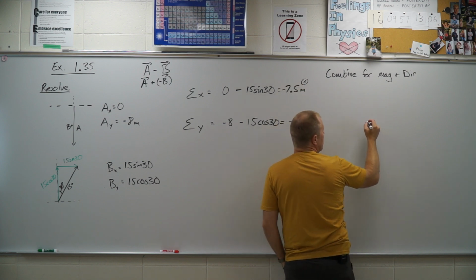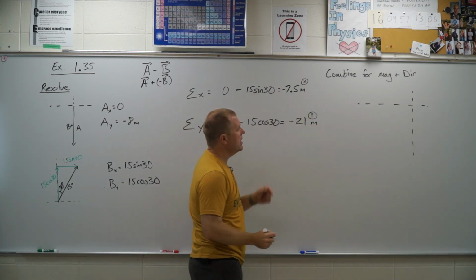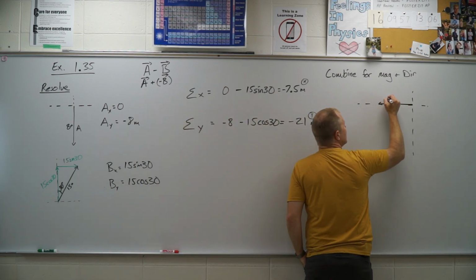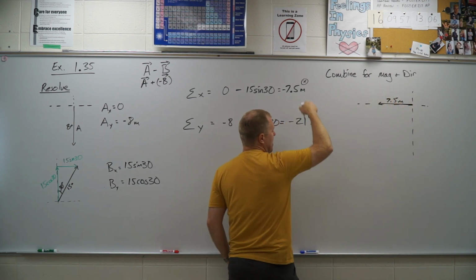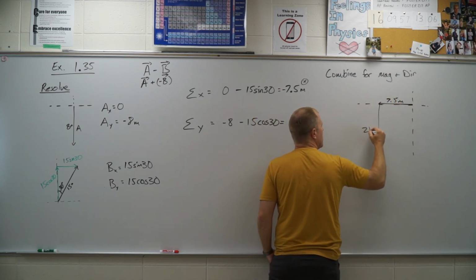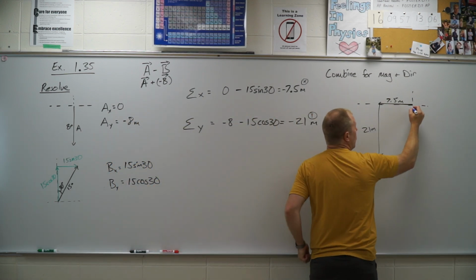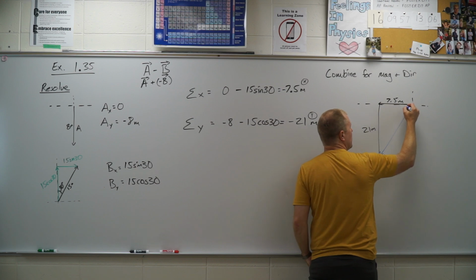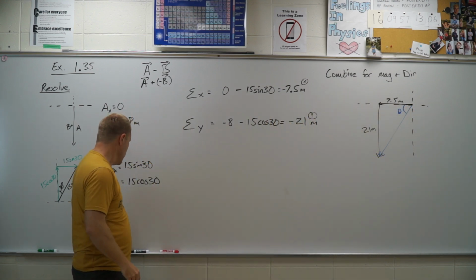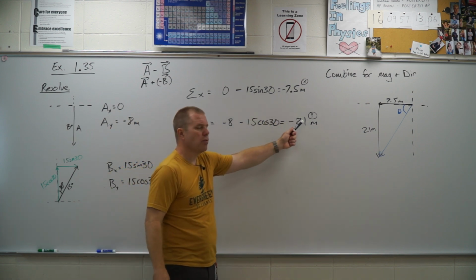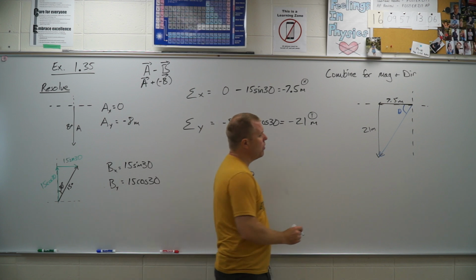Good catch there. So we're going to be in that third quadrant because both our components are negative. So I have a negative 7.5 meters, and then we have a negative 21 meters down here. So now I need to find what is this magnitude and what is this angle here. To find the magnitude, we're going to use the Pythagorean theorem. So we'll do x squared plus y squared, take the square root. When we go ahead and do that, we are going to end up with